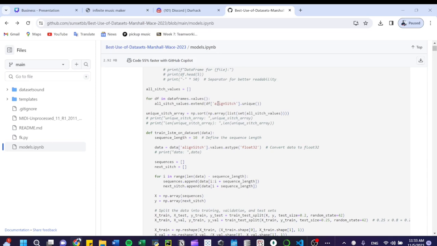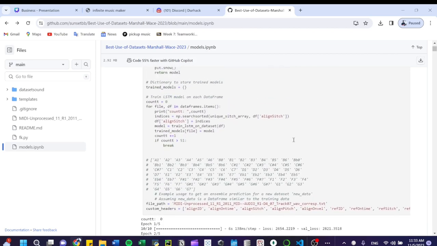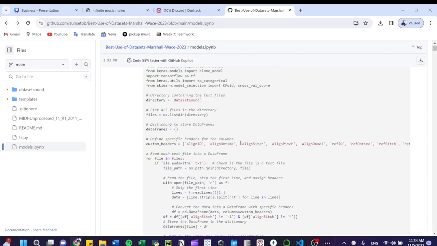Then, because the pitch is from A to G, A B C D E F G with sharps and flats, meaning the musical elements, we have to transfer it to numeric first, and we sorted it into a numpy list, and then set the equivalent value to the equivalent indices, and then put it into the training of the model.